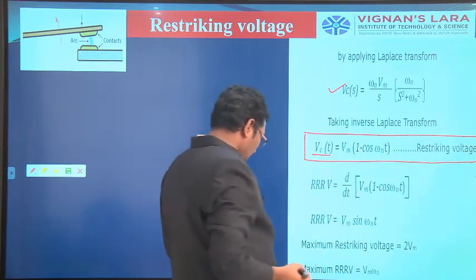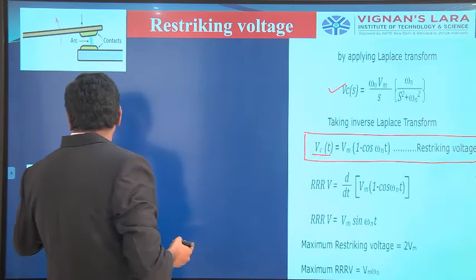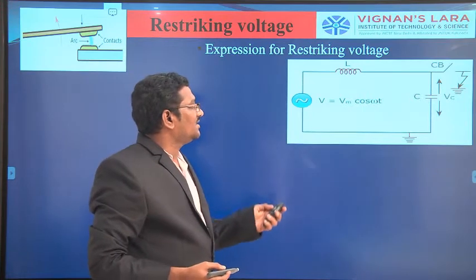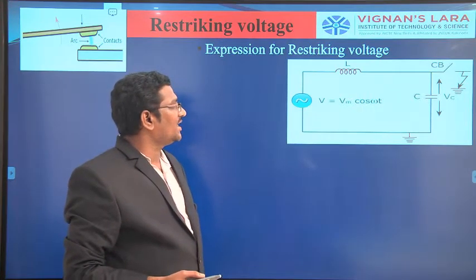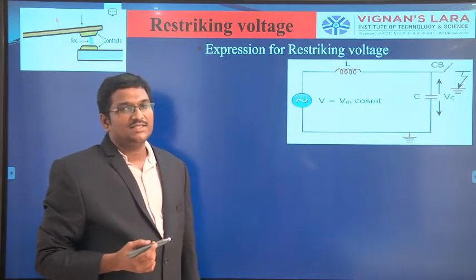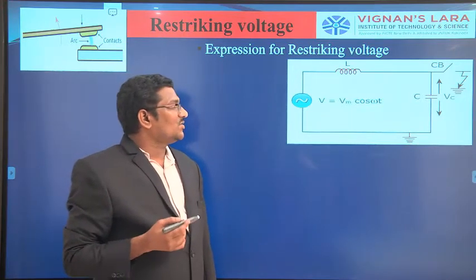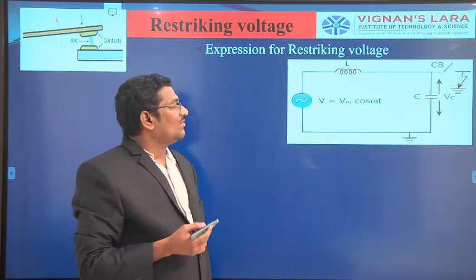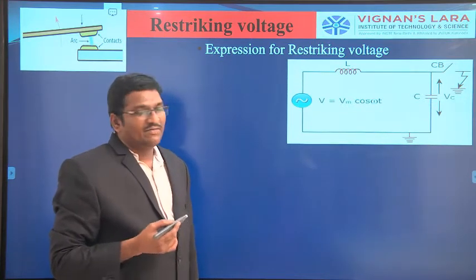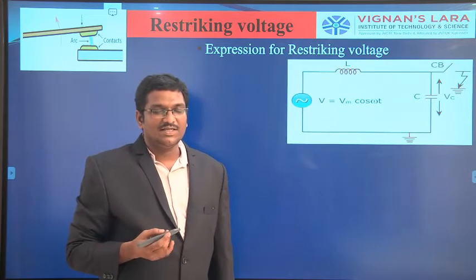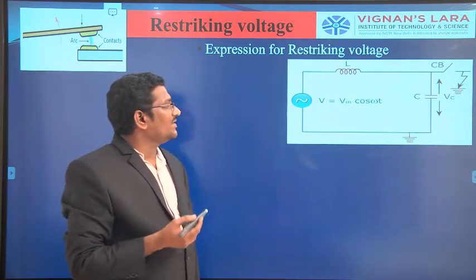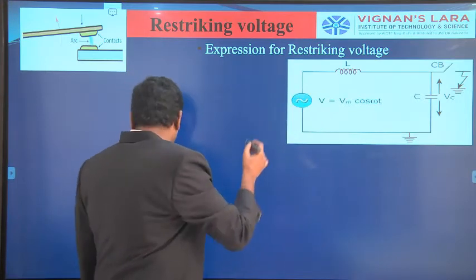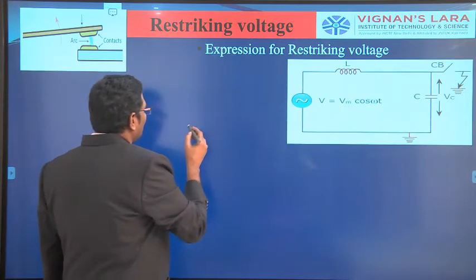If you see the circuit diagram, L and C, that is, energy storage elements, are there. Therefore the energy is transferred from the inductor to the capacitor, so the transients are generated. Basically the restriking voltage is a high frequency voltage, meaning the frequency is not 50 Hz. Now if you calculate the omega n like this,